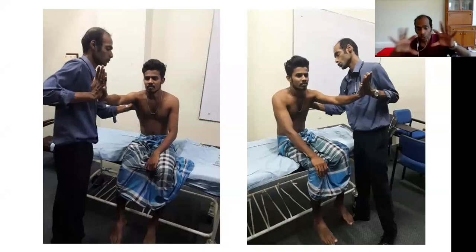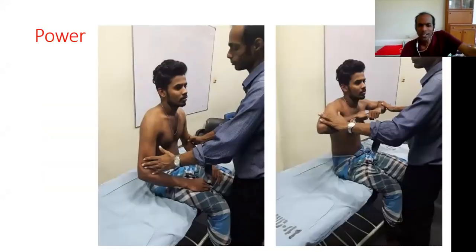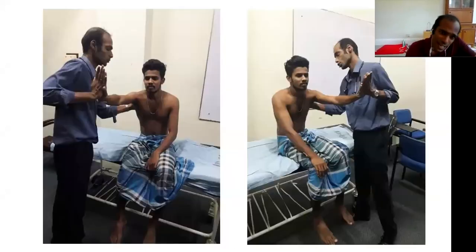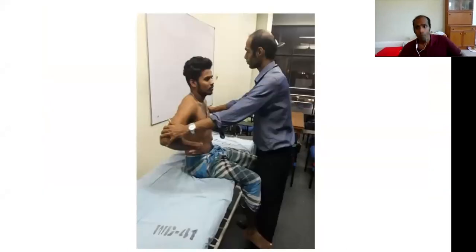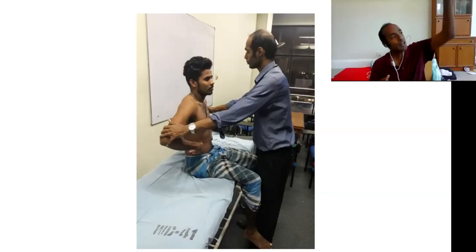Now you're doing the shoulder. Remember, you need abduction. Adduction is less important, I would say. But here you're doing the serratus anterior muscle and the rhomboids. Now there is a very important reason why these two muscles need to be checked. If you revise your anatomy or go back several years into your anatomy classes, they would have taught you that the nerve to rhomboids and the long thoracic nerve